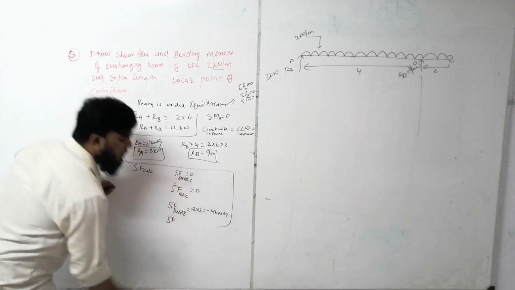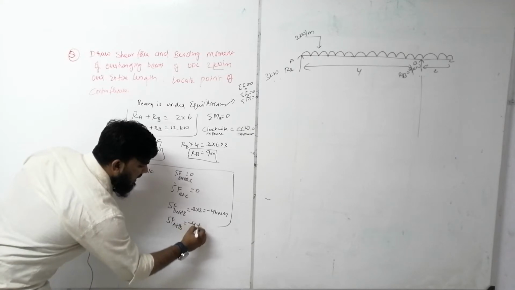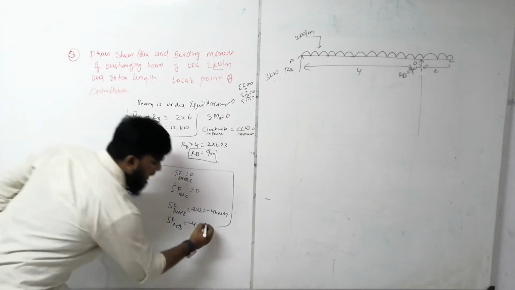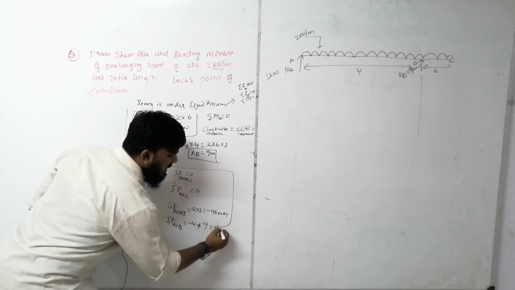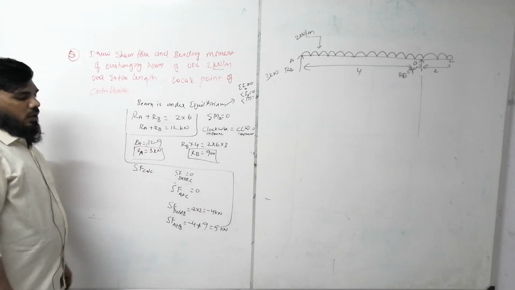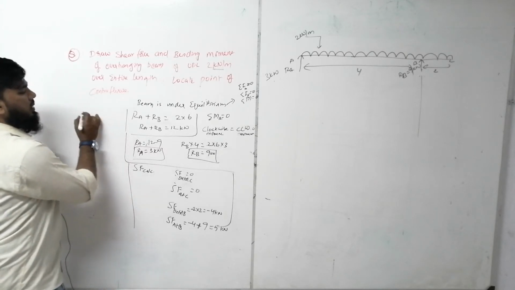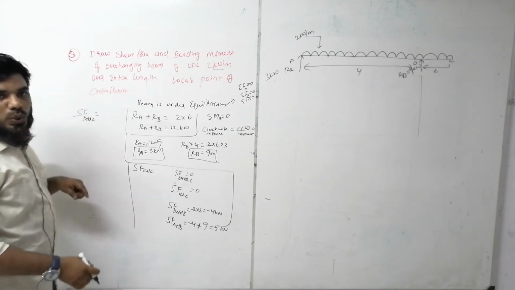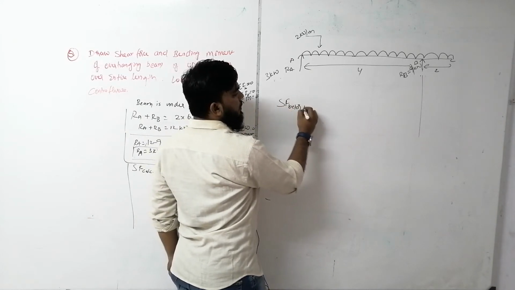Next is shear force at B. When you come to B, minus 4 is already present to the right of it, and exactly at point B you have a load of 9 acting in the upward direction, so positive. So the total answer is 5 kilonewton. Okay, 5 kilonewton. Next is shear force. I am continuing here. Shear force before A. Shear force before A is nothing but the UDL, or else we will solve this here and write the values.